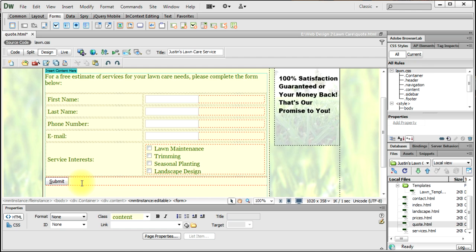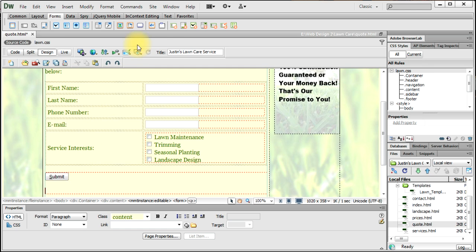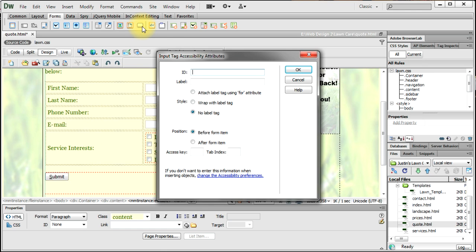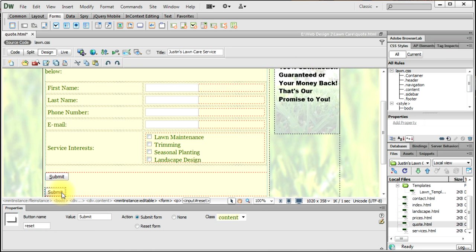Click after the submit button and hit enter. Now we want another button. It's going to be called reset, and the access key will be R, tab index is 6. Hit OK. When another submit button pops up, you have to click on the submit button and change it to a reset form in the properties. Now save those changes